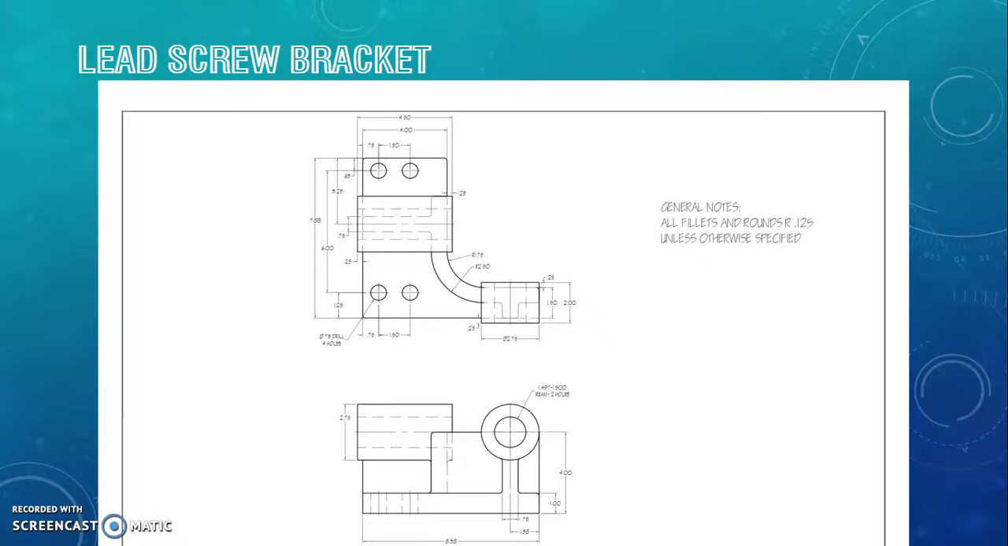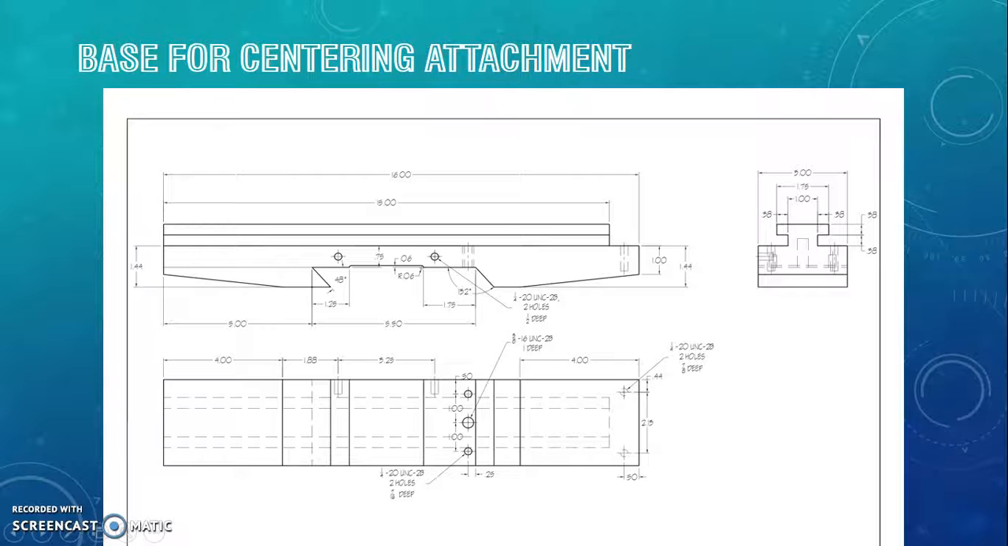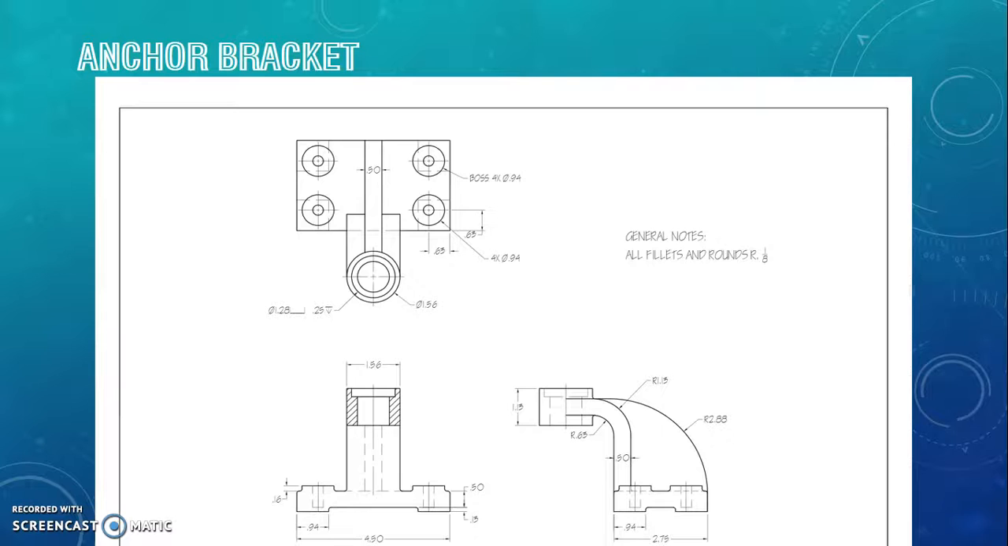The next one is the lead screw bracket. It provides proper support and alignment for the thrust bearing, the nut, and the outboard and end bearing. Next one is the base for centering attachment. It's used in manufacturing to center material for proper entry into a production processing machine. From this point on, I couldn't find any information for the rest of my drawings, so